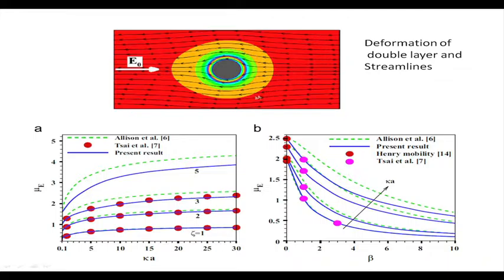The deformation of the double layer is quite evident, because the particle is moving in this direction. So, the ions are dragged in the downstream direction. This direction will be downstream for the particle, because the particle is moving in the direction of the electric field,